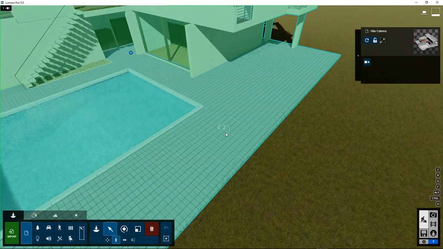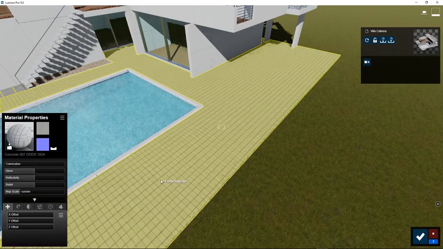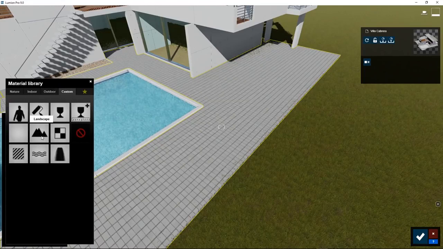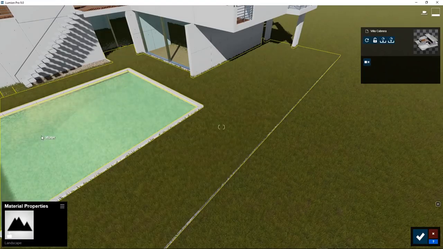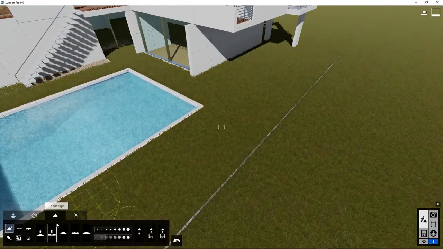What if we wanted to have this surface look exactly like the landscape with the grass? We go to Materials, click on it, go to Material Library, Custom, Landscape. Any surface that we turn into a landscape will have exactly the same settings as the landscape of the whole project. For example, if we change the landscape